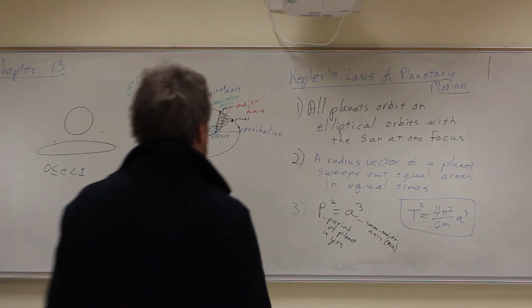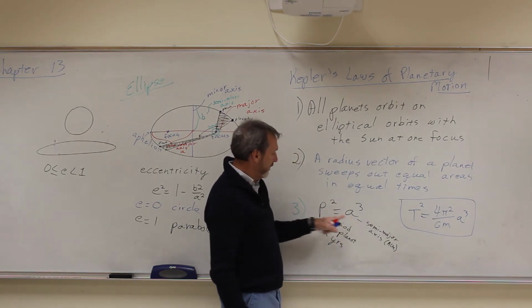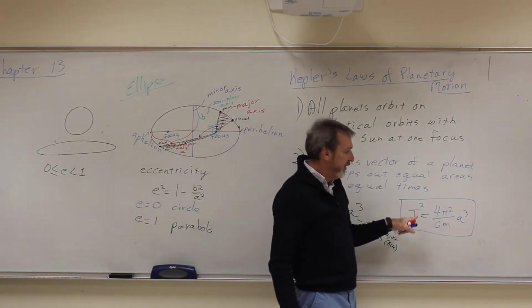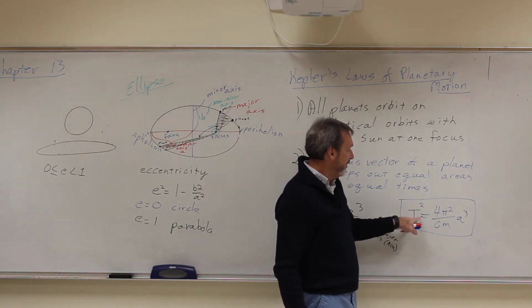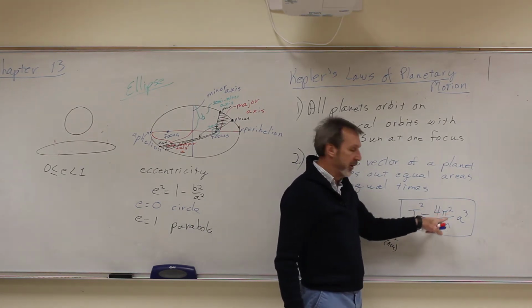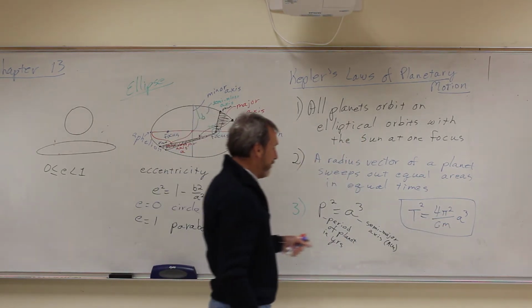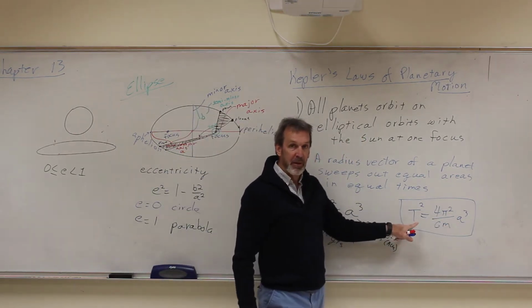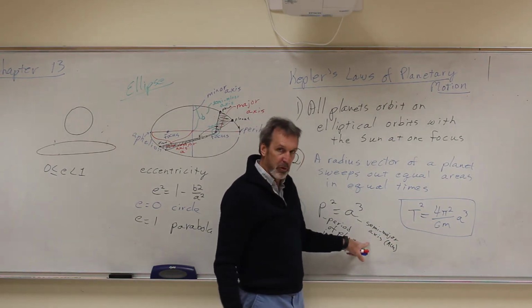Right, quick recap. This is Kepler's third law, P squared equals a cubed. This is the more general form that came from Newton's law of gravitation: the period squared is 4 pi squared over G M, times a cubed. Okay? So for our class, we're mostly going to be using this one, because we usually don't use units of years and AUs,